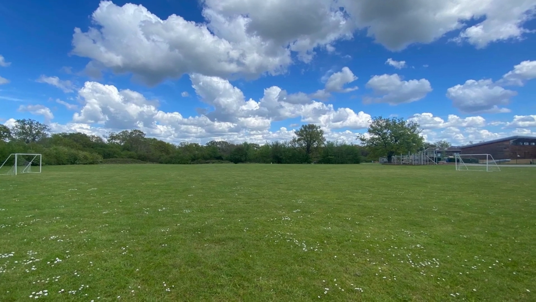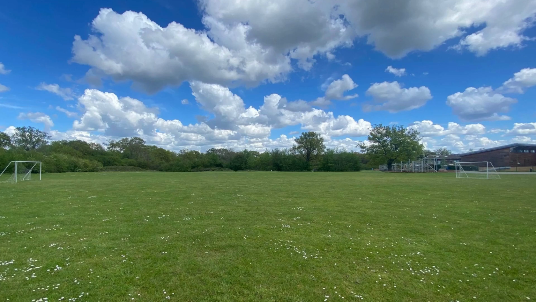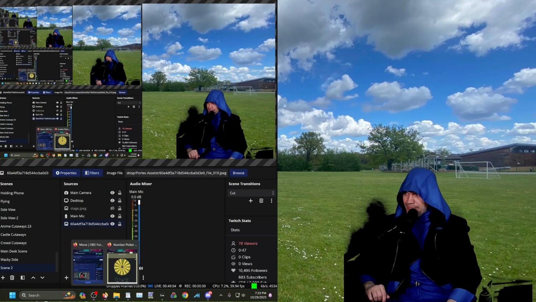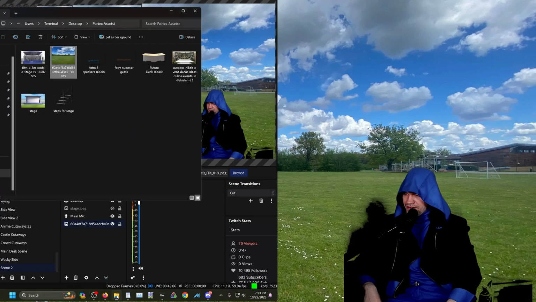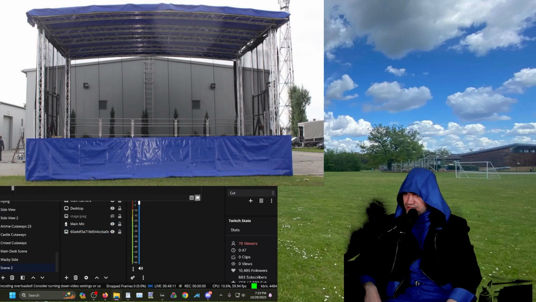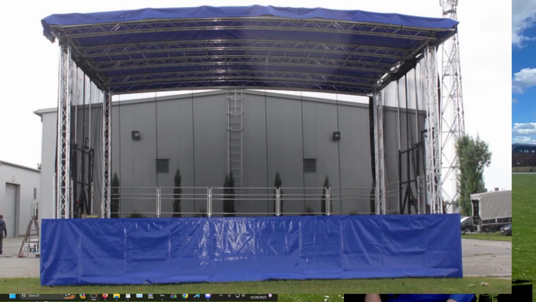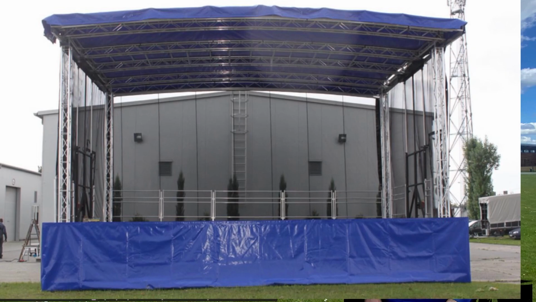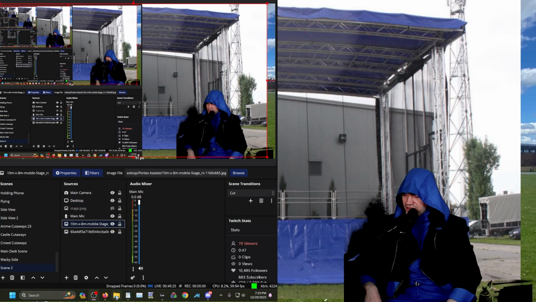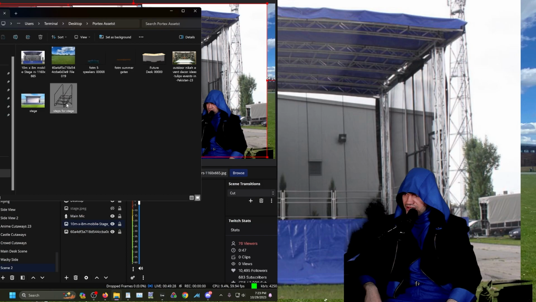So there we go. We got some soccer stuff in the background. That's okay. It'll be covered up. And what do I have? I have a stage, right? What's this? I've used this asset before on one of our previous events. Okay, this also isn't that high res. But I have some other assets that can work on this as well, like I've got a staircase, some speakers we can put on stage,